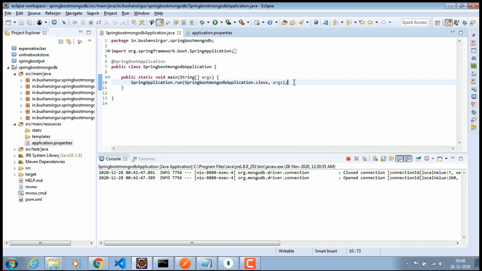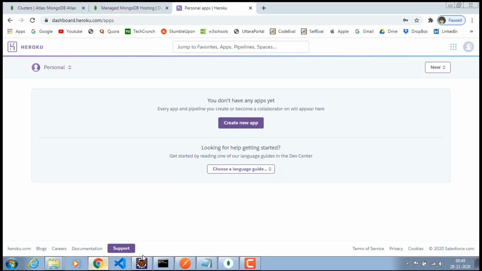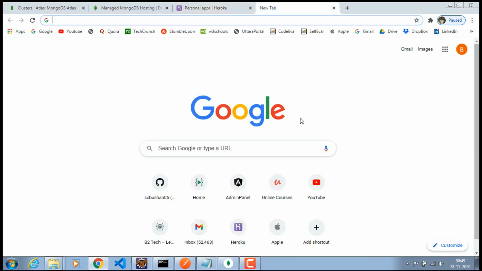The plan is, first we have to push our code to a GitHub repository, and from GitHub we are going to push it to Heroku. So let's go ahead and push it to GitHub first. Let's go to the browser, and first you need to create an account in Heroku. I have already created an account in Heroku. It's completely free; you don't have to provide any credit card information. So go ahead and create an account in Heroku. Once you have created the account, then come back to GitHub.